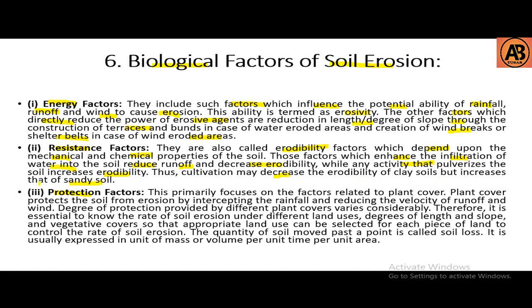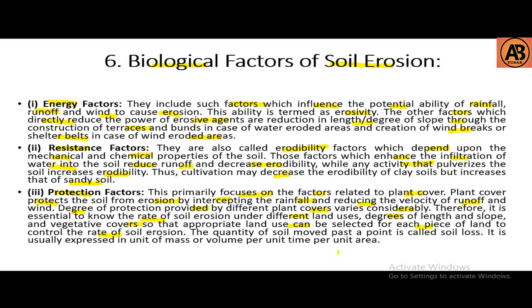Then number 3 is protection factors. This primarily focuses on the factors related to plant cover. Plant cover protects the soil from erosion by intercepting the rainfall and reducing the velocity of runoff and wind. The degree of protection provided by different plant covers varies considerably. Therefore, it is essential to know the rate of soil erosion under different land uses, degrees of length and slope, and vegetative covers, so that appropriate land use can be selected for each piece of land to control the rate of